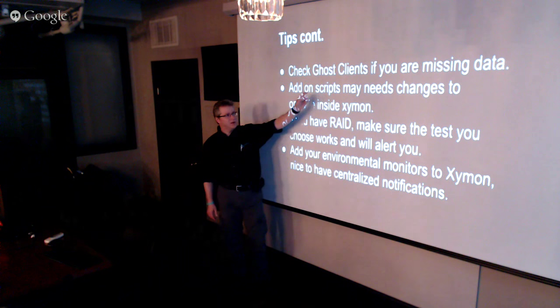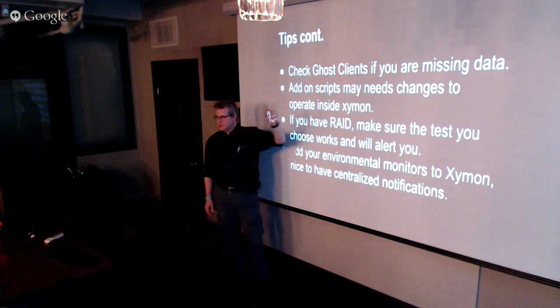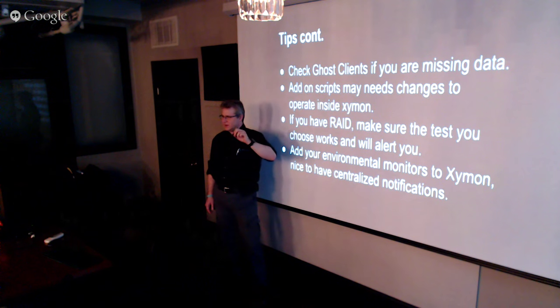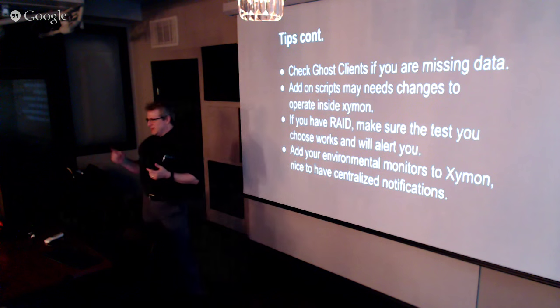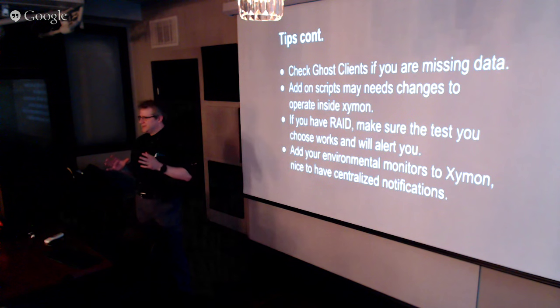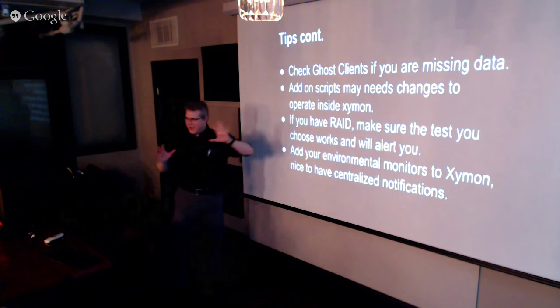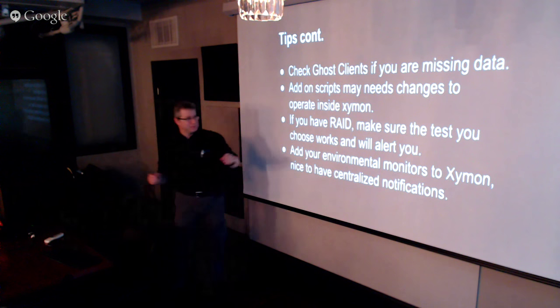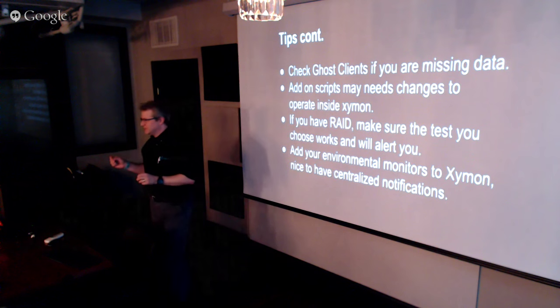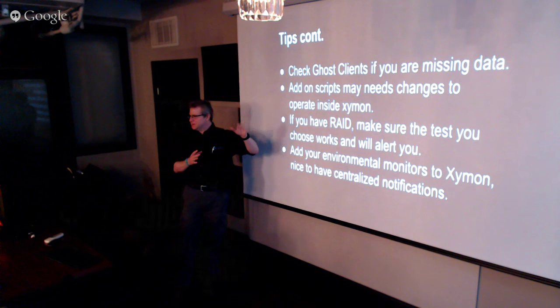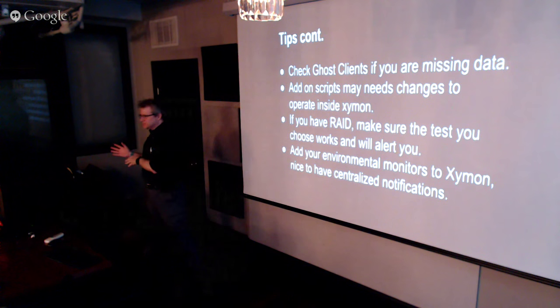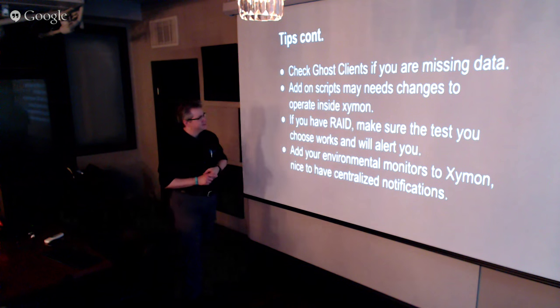There's a section called Ghost Clients. If you don't get the client config name correctly, the client will still send data. You just won't see it on that big list. So they have a section now called Ghost Clients, so you can actually look at it and see what's sending data. Now I've made mistakes in the past, and I put the wrong IP in for something. And it sort of shows up as the wrong item because it's not expecting it from that system.